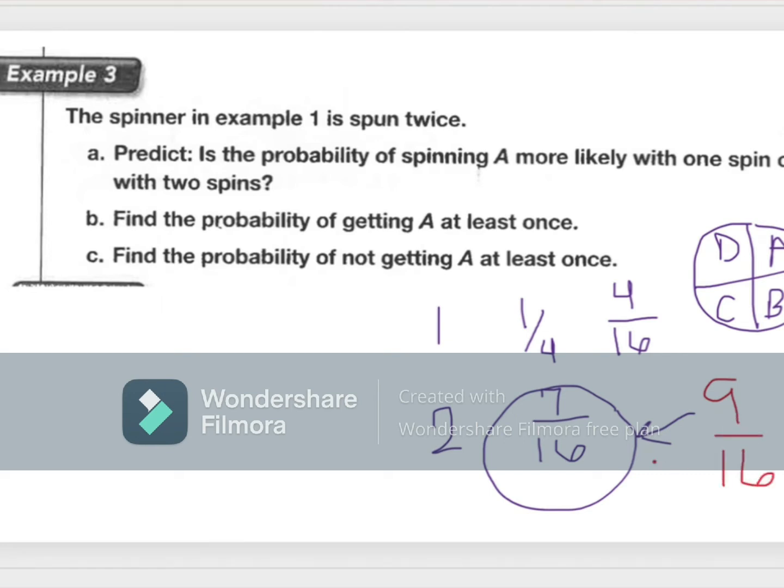And remember that the probability and the complement of that probability always add to 1. And when we add 7/16 and 9/16, we get 1 because 16/16 equals 1. Okay, so